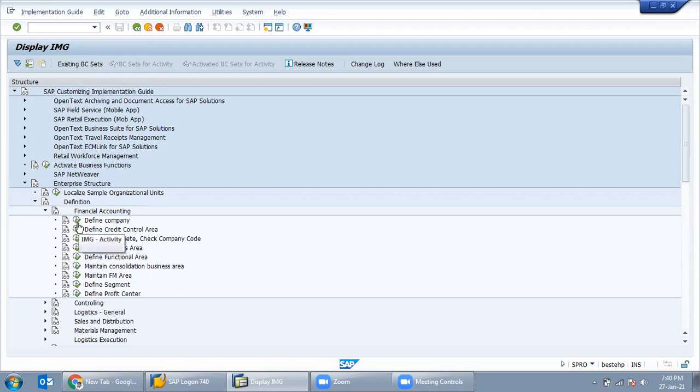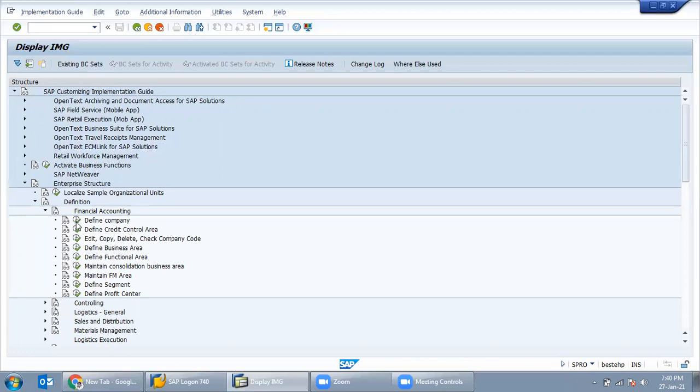See how the company code, in the last class you created a purchase order, right? So in the purchase order, you have seen that there is an option for company code, purchasing organization, plant. You have put it there, right? So now you see how to create that company code, how to create that plant, how to create the material type, industry type. Okay, all the configuration will be done through this path.